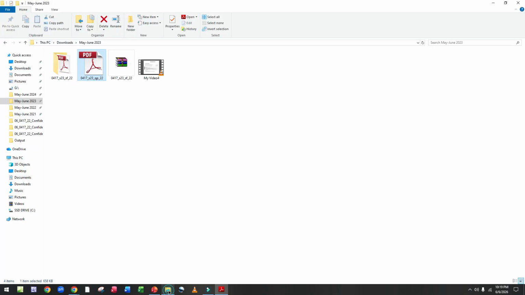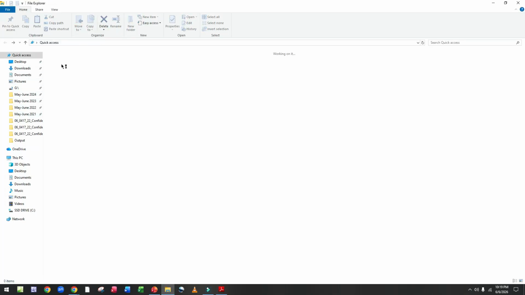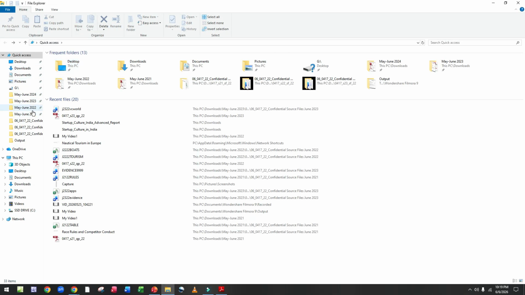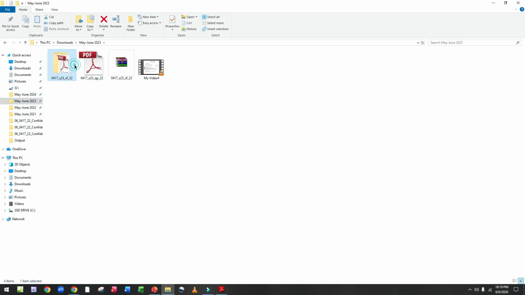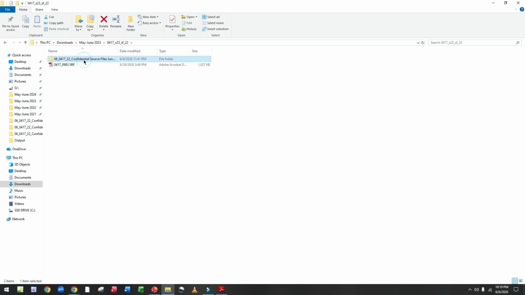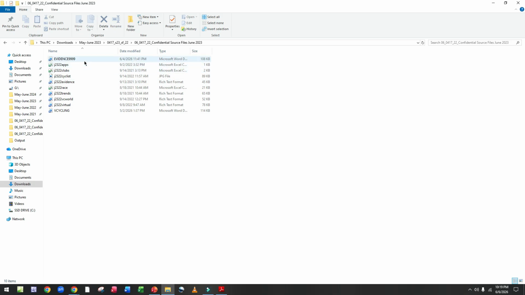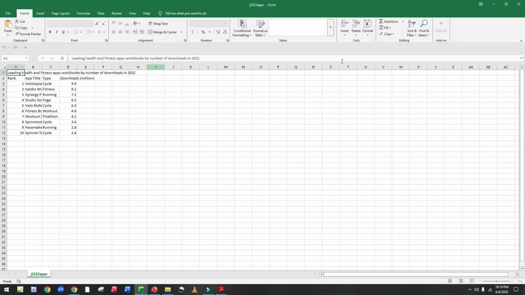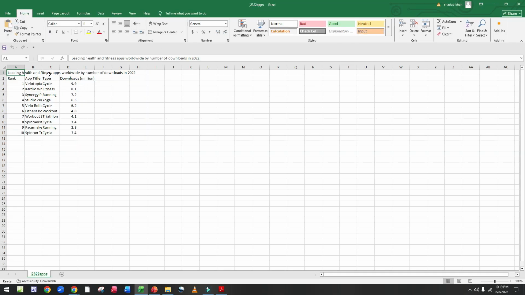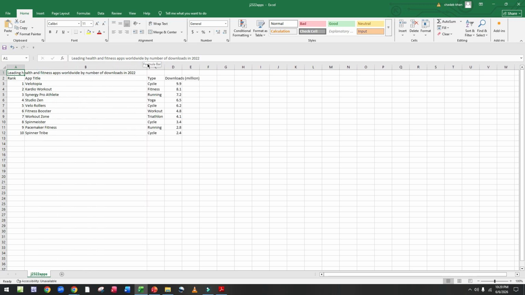Now we open a file. Here is our work area. Find here apps. Here is the apps file. Enter. Then we adjust this and also adjust this.